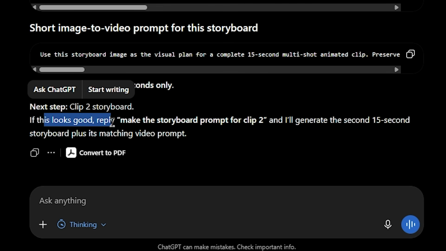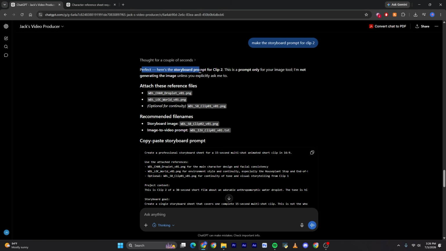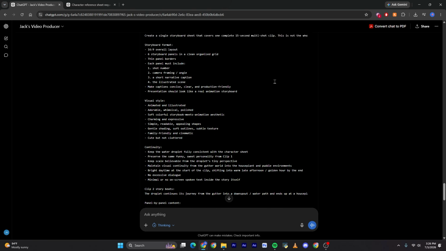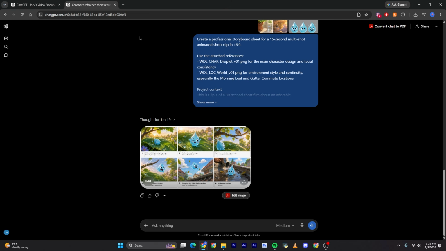I like the clip 1 storyboard, so I want to reply and say make the storyboard prompt for clip 2 now. So let's upload that. Here is the storyboard prompt for clip 2. Yeah, this just continues the narrative, so I'm going to copy that and go back into our image chat, and